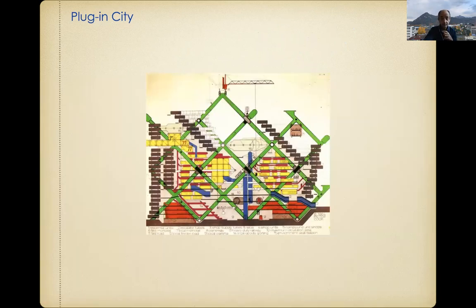Plugin City is the other subject. Again, very seriously done, and those drawings are huge drawings done by hand. Some of them are in British museums. I saw some of the drawings in the Victoria and Albert Museum, and you can see the corrections with white, the stain of the hands when they unwillingly put some kind of thing. So it's really, really humanly made drawings. But again, this is kind of a frame where you just put elements, and the infrastructure will bring all the necessary water, electricity, right? And this could be a self-built city of elements, which could be dismantled or growing organically according to its needs.